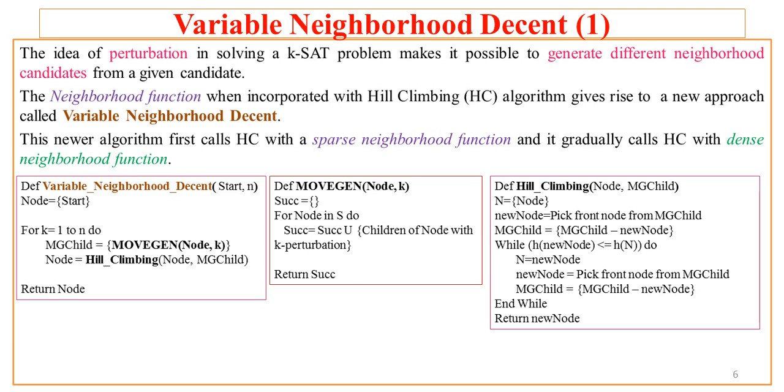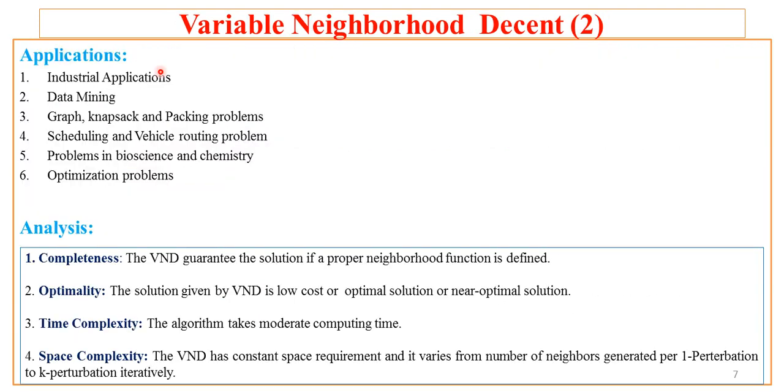And this is not brute force; rather it is a method which exploits the solution space search concept and tries to give you a solution with a certain limited number of children to be tested at a time. Hope you understood this. Let us now see the application and analysis of the variable neighborhood descent.